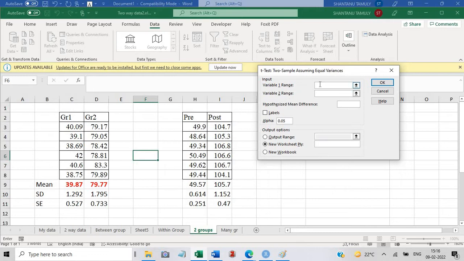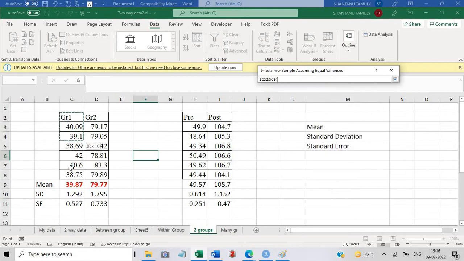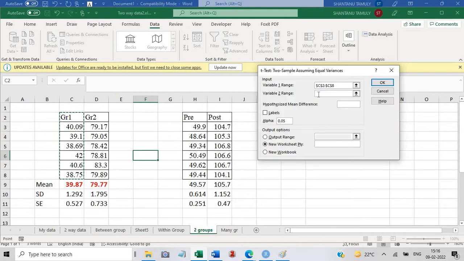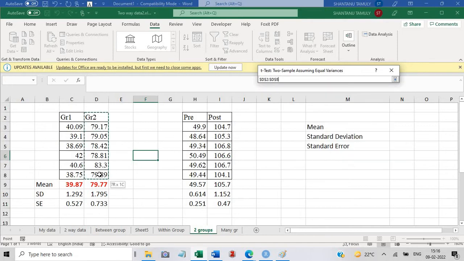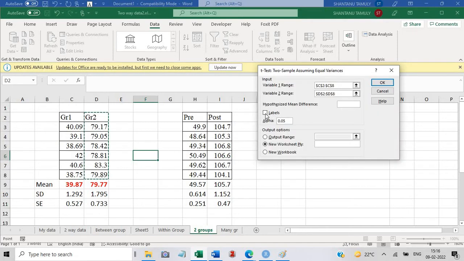Click Variable 1 and select the first group, then click Variable 2 and select the second group. Then select Labels here. Labels indicates that the top row is the label, because in this particular table the top row is the label, group 1 and group 2. Select this one and then click OK.